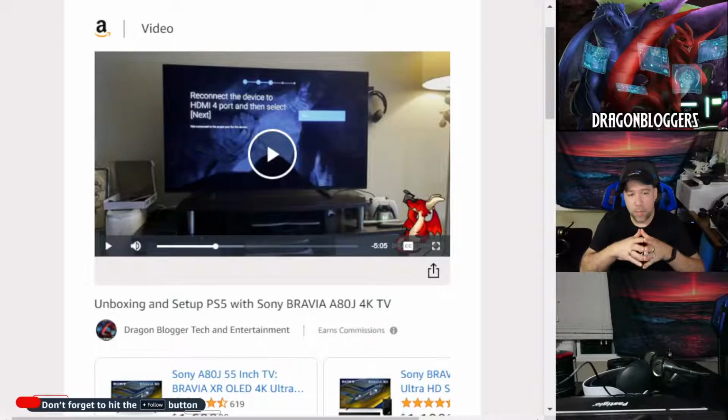Again, pausing here, the TV detected and knew that I plugged my PlayStation 5 into it, and it was plugged into the wrong HDMI port. So it actually recognized the PS5 was being plugged into it and told me to plug it into a different HDMI port to take advantage of the 120 hertz capability. That was really cool, the fact that the TV knew it was the PlayStation 5 being plugged into it. The TV actually has pre-configured auto sense and adapts to the PlayStation 5 to where you could get the best